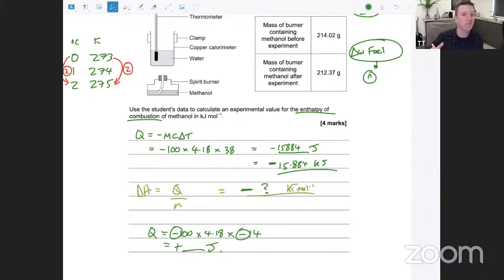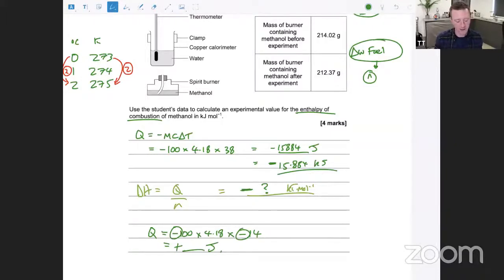Which then again follows you through, and you end up with a positive value for delta H, okay? So that's what we need to do here, okay? Just a word to the wise, if you want to use the minus MC delta T for this type of question, you can, so long as you understand the principle of it, it's going to give you the right sign at the end